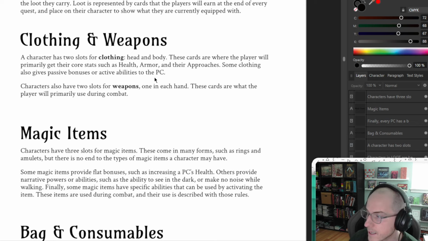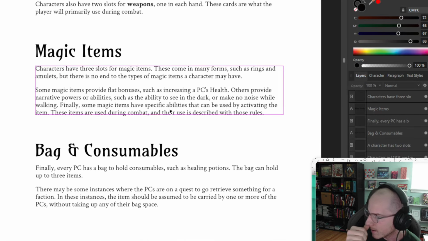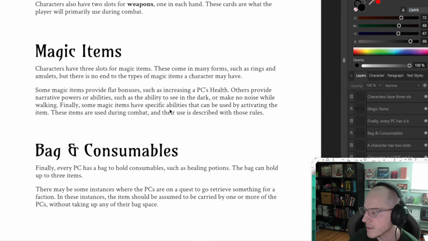And so, yeah, like I said, you have clothing, 1 piece of clothing. And then I already see that I have to update the quick start because it says 2 here and you only have 1. So incoming itch update after this stream. You've got slots for your weapons, magic items, and you'll see examples of what all these things look like. Magic items can be things that are useful in combat, but they can also just be